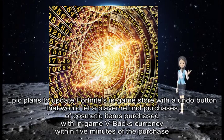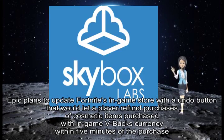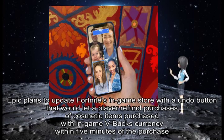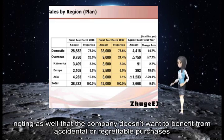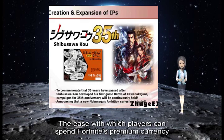Epic plans to update Fortnite's in-game store with an undo button that would let players refund purchases of cosmetic items purchased with in-game V-Bucks currency within 5 minutes of the purchase. Noting as well that the company does not want to benefit from accidental or regrettable purchases, the ease with which